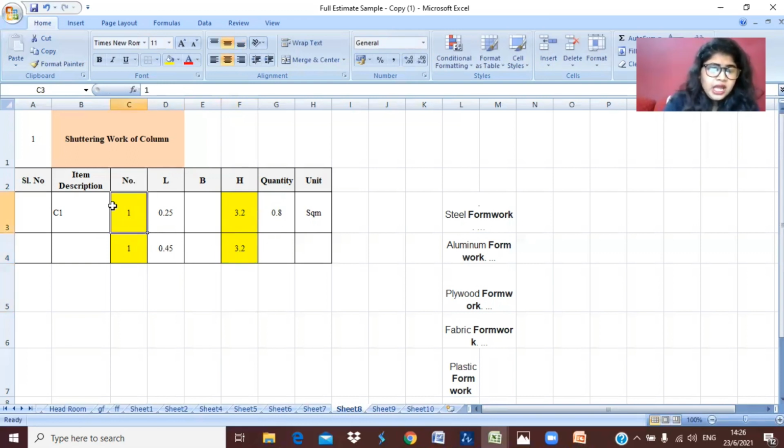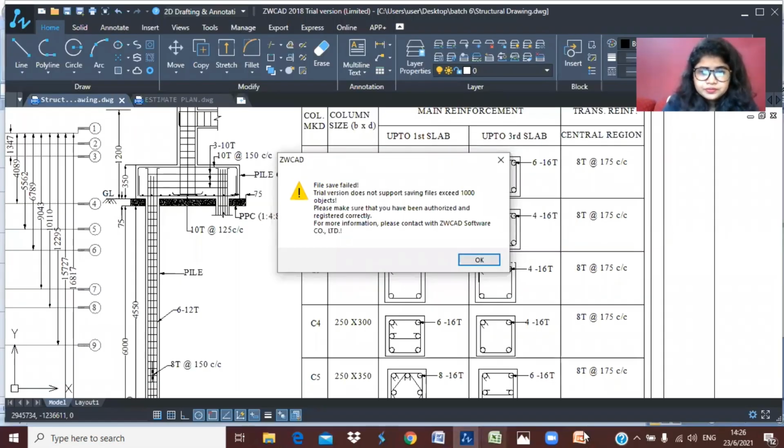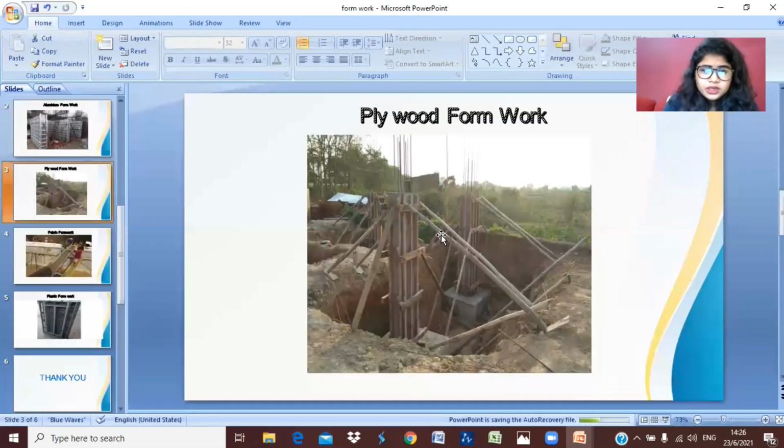One thing is missing here. I have given number 1, but if you split the size in two parts, suppose we take this part, you can see this part is on this side and on the opposite side also, and this smaller side is here and also in the opposite section.